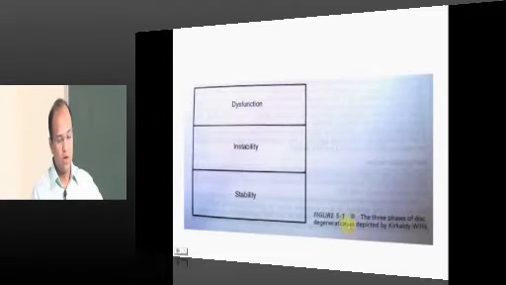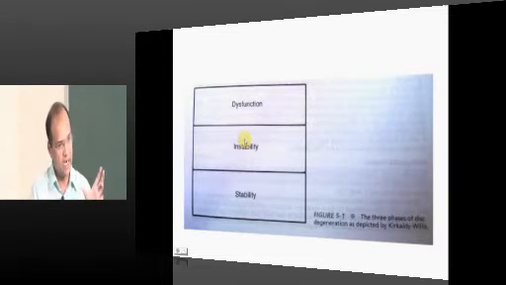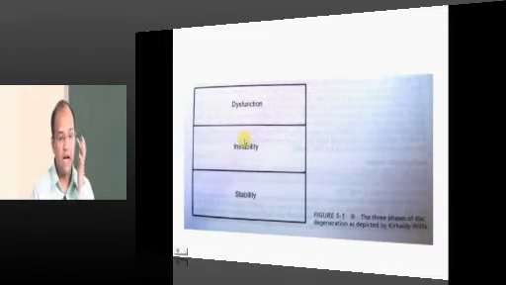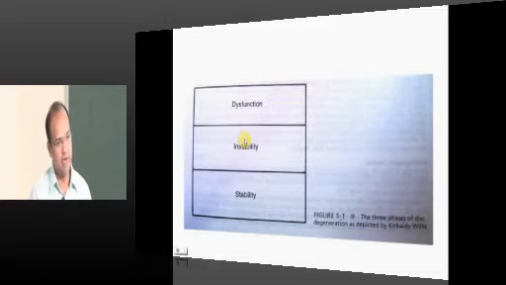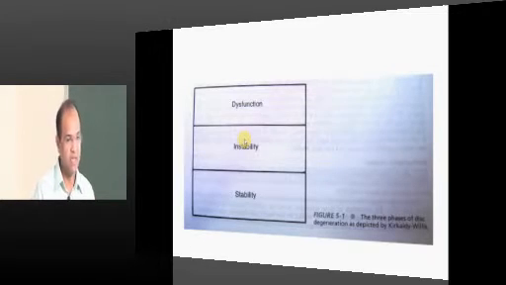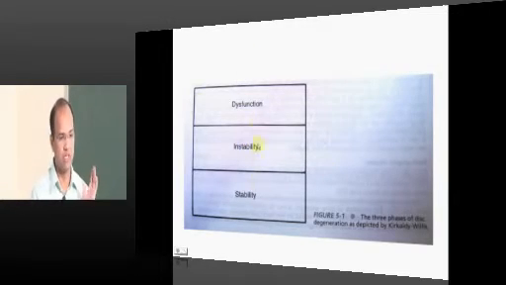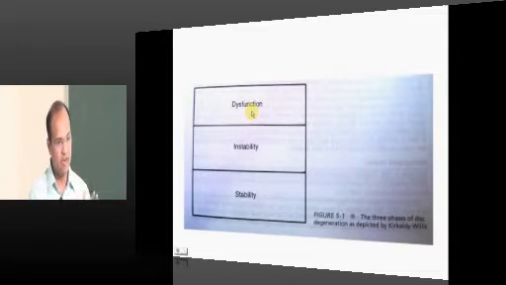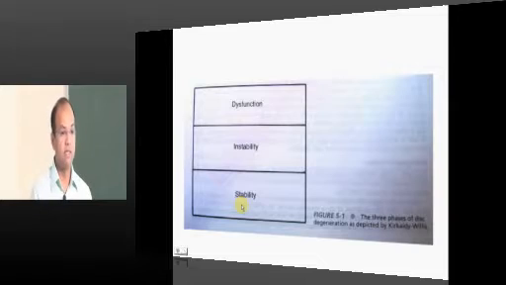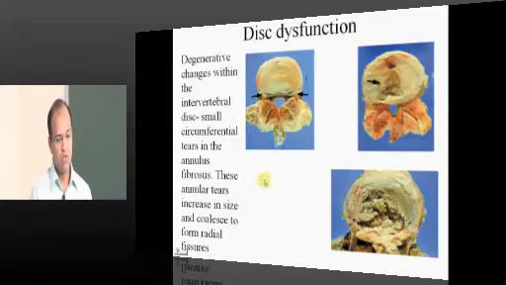So I told you the 3 phases of disc degeneration all start with the disc, and I told you it is a degenerative process. Most often it can start very early in your age group also, let it be 10 years or let it be 50 years, but the thing is it goes through 3 phases. First is a stage of disc dysfunction, later on a stage of instability, later on stabilization, right. So let us see what happens in the stage of disc dysfunction.